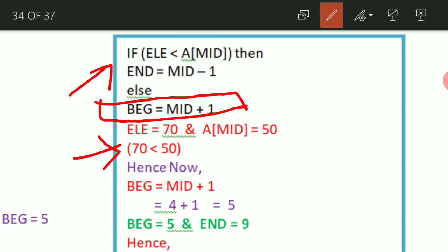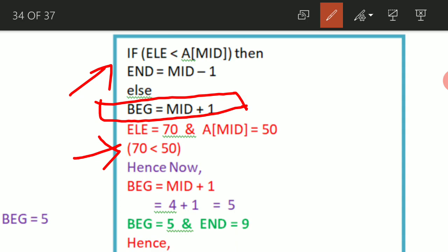It's a very clear statement that the value I am searching for is going to appear in the next half part of the array, because your array has 10 numbers, its middle value is 50, and you are searching for the element 70, which is greater than 50.